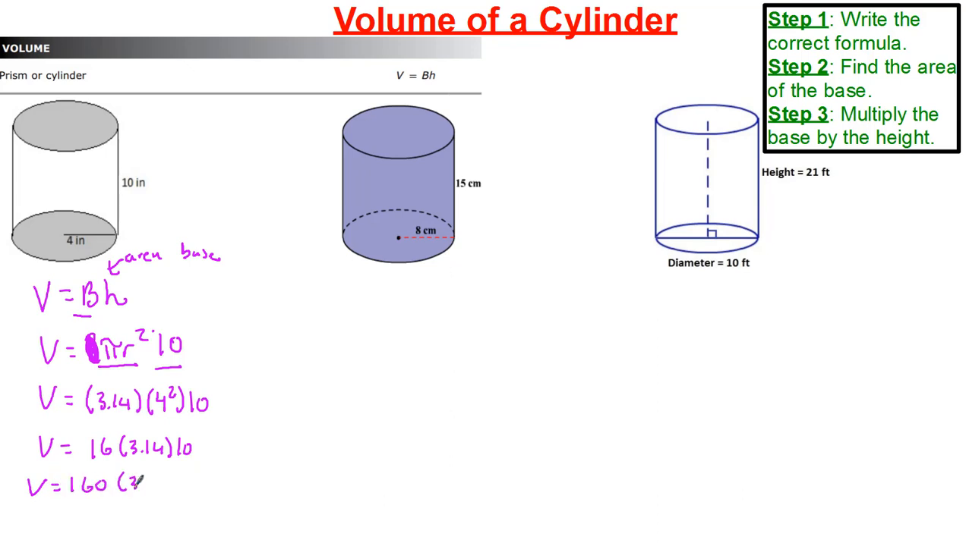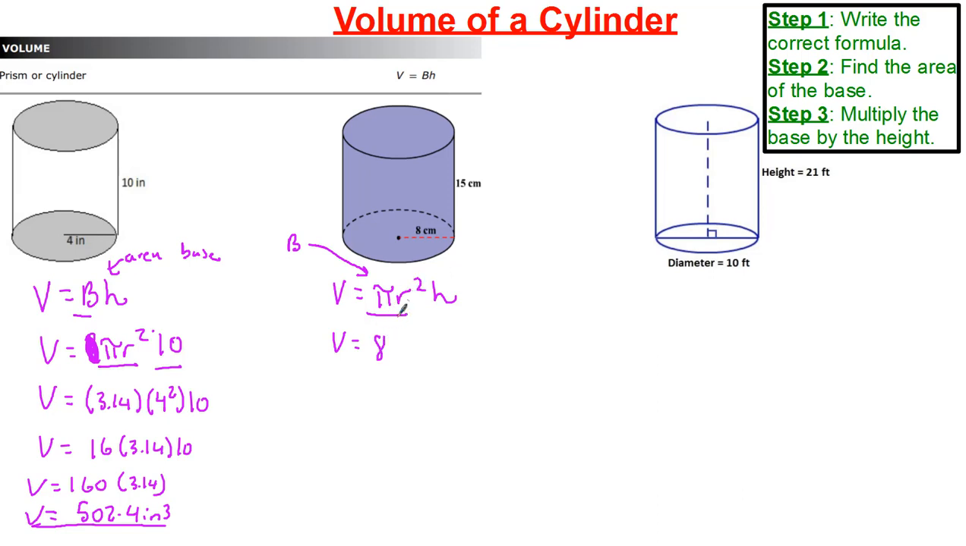160 times 3.14. So volume is 160 times 3.14, which is going to give me 502.4 inches cubed. Alright, same thing here. Volume is equal to, I'm just going to start with the direct formula, pi r squared times the height. So remember, this is big B. This is big B. Volume is equal to